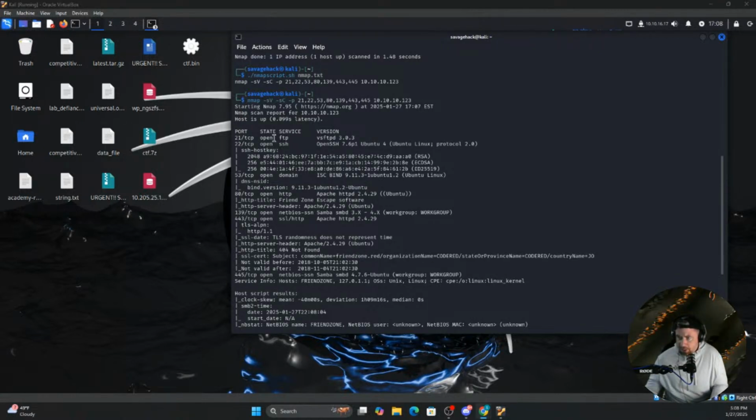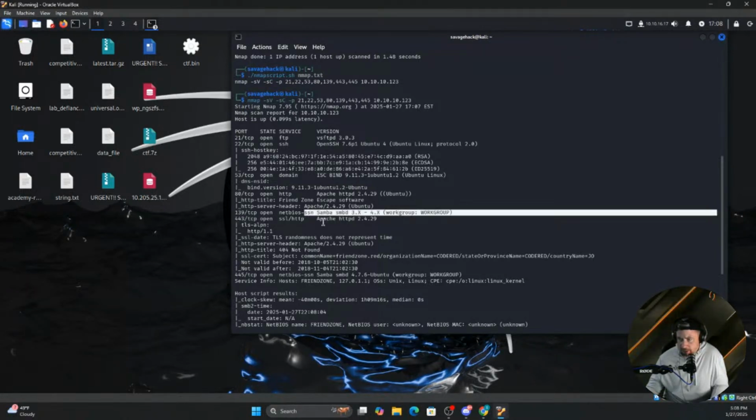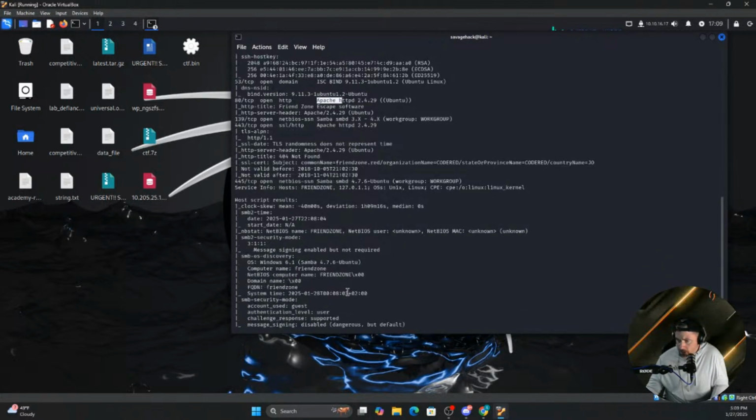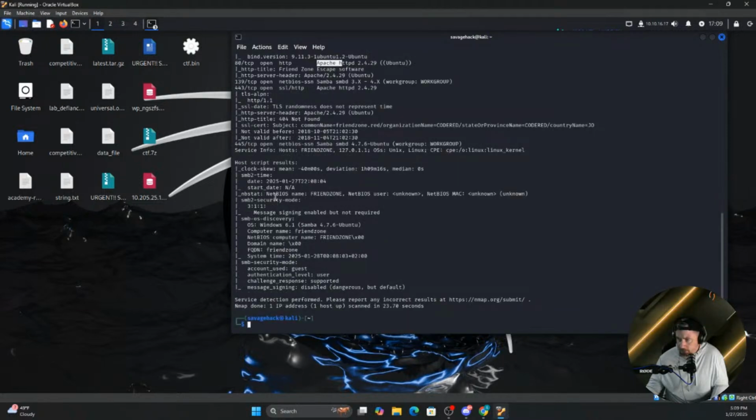All right. So FTP just open. There's not much there. We have a version there. Let's see. Port 80, Friend Zone Escape Software. 139, that's going to be our SMB, our Server Message Block. 443 is running Apache, same thing as port 80. All right. Any other information I'm seeing here? I do see we have a friendzone.red